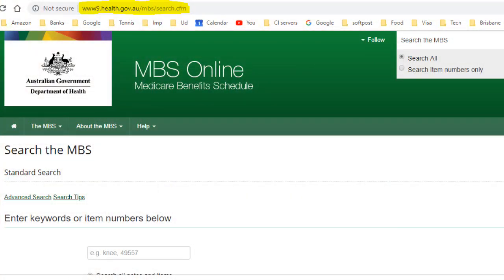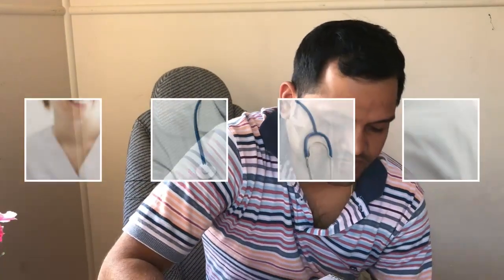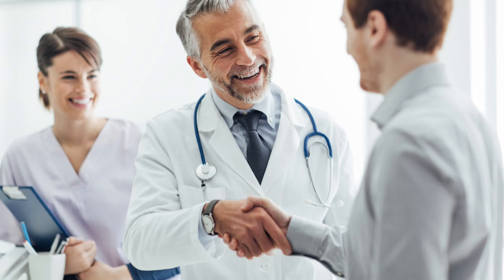If you know the MBS item, that is Medicare Benefit Schedule item, for example, if you go to a GP, that item is called 23, a general consultation. You can also search by that item number on that website and see if that is covered under Medicare. It also tells how much benefit you will be getting in terms of dollars. For example, if you go to a GP and do the general consultation, you will get $37 through the government's Medicare